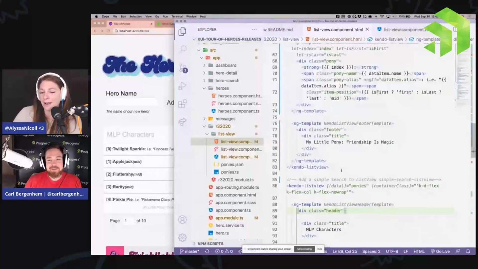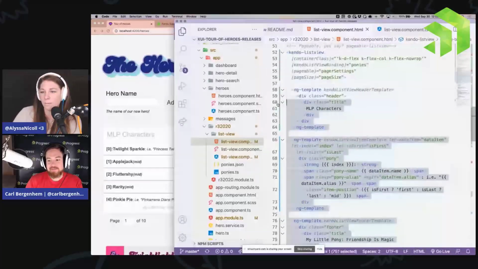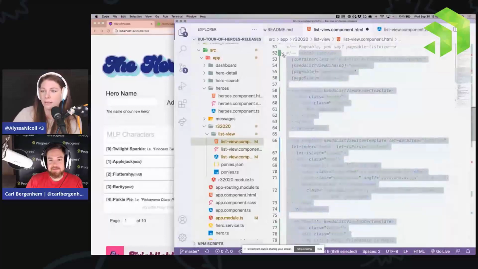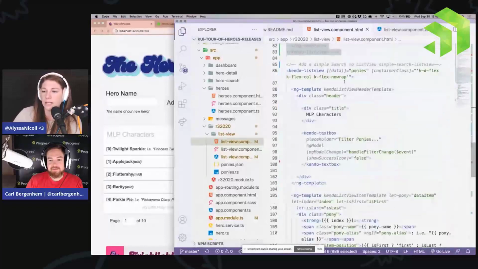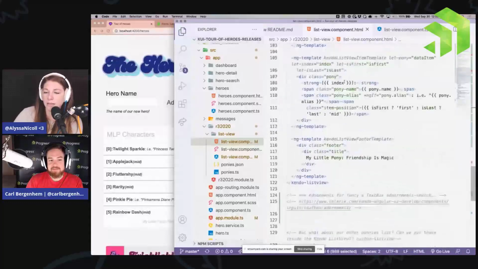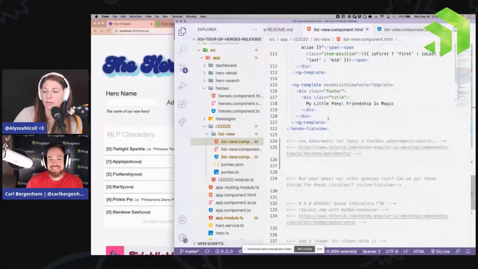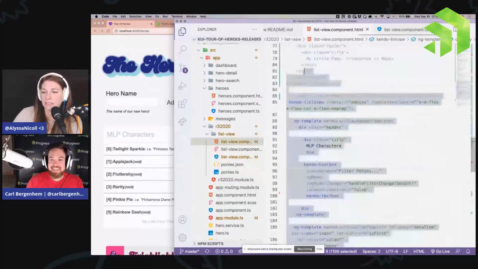Okay, let's see. I'm going to comment this out because we're moving forward with our list view. Continuing on to see the awesomeness that is the list view. Okay, so the next thing that we have is to show